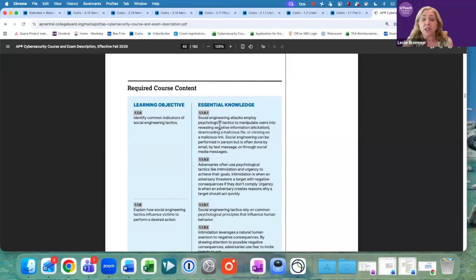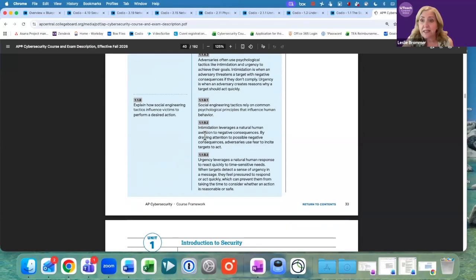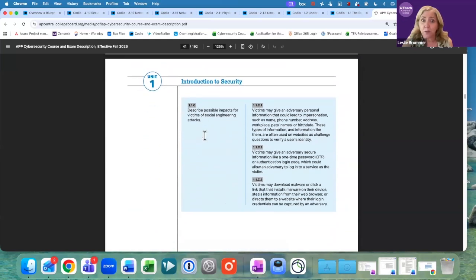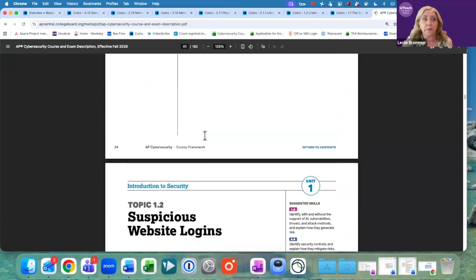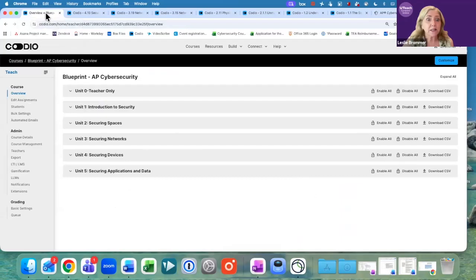The essential knowledge statements are what they need to know to be able to do the learning objective. That's how it's broken down in the CED, and that's exactly how it's broken down in our course. Okay? So if you've never looked at that, go look at it. But I'm going to pop back over into our course. Our course is hosted on Codio.